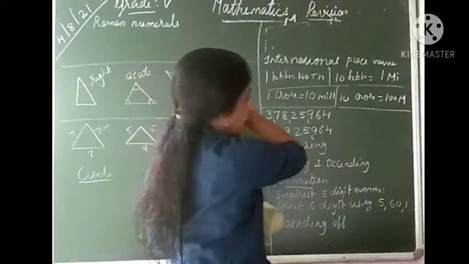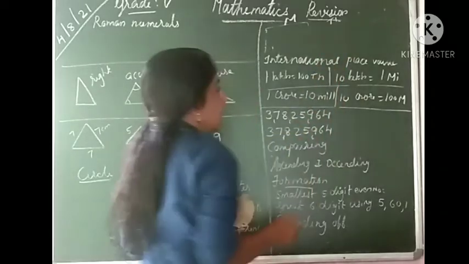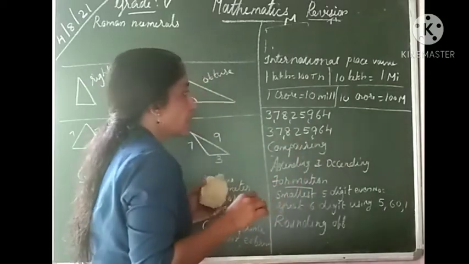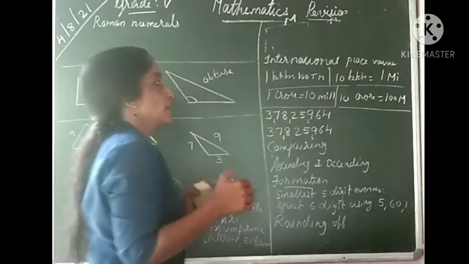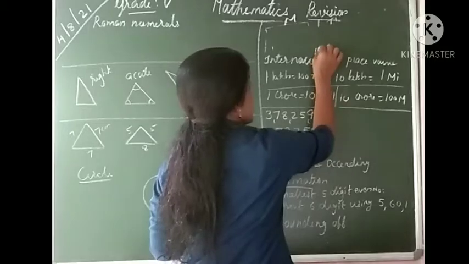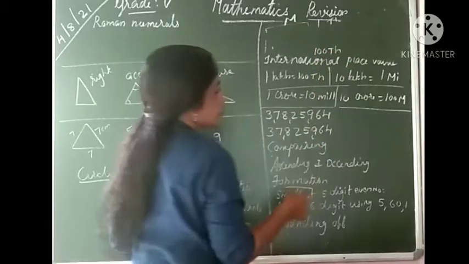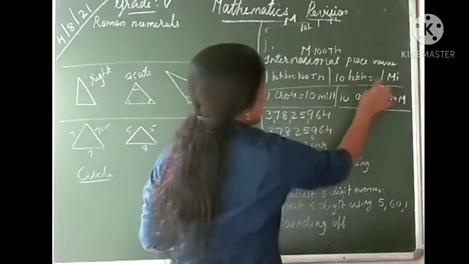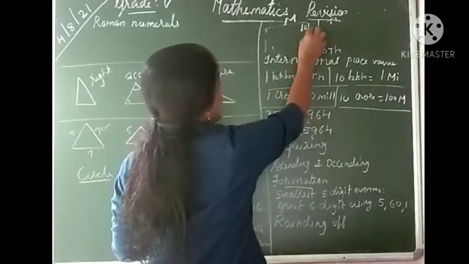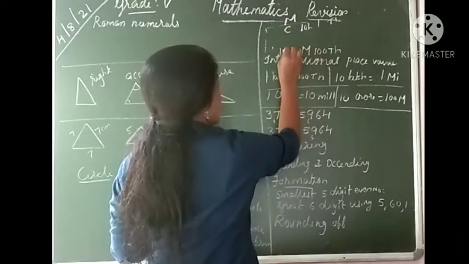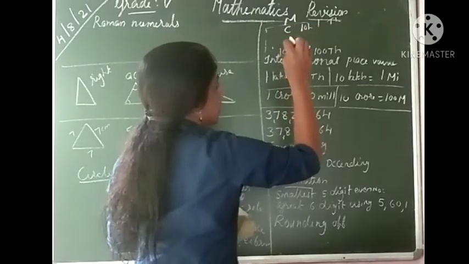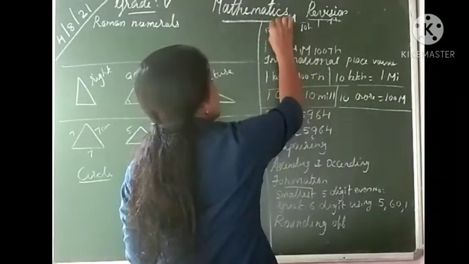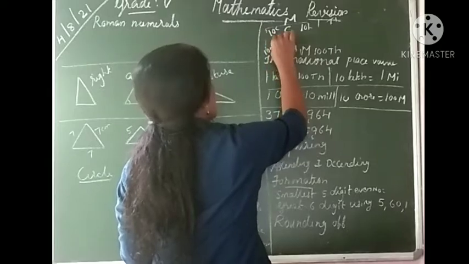And also we study the relation between these two. We know 1 lakh. 1 lakh is equal to what? 100,000. After 1000, in the Indian system it is lakh, in the international system 100,000. Therefore we know 1 lakh is equal to 100,000. Then 10 lakh is equal to 1 million. And next crore. Crore is equal to 10 million. And 10 crore is equal to 100 million. Understood?